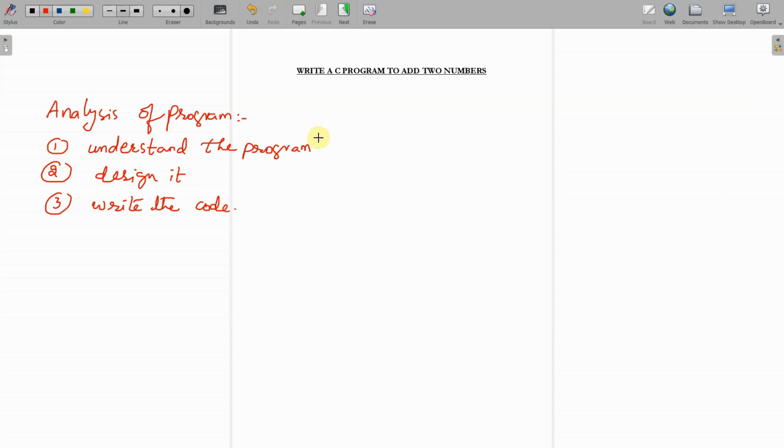Whenever you are trying to do these three things, again we have to consider four things. The first one is declaration of variables. Whenever you are talking about declaration of variables, some things are to be considered. Before you start writing the program, you should know how many variables are required in the program.